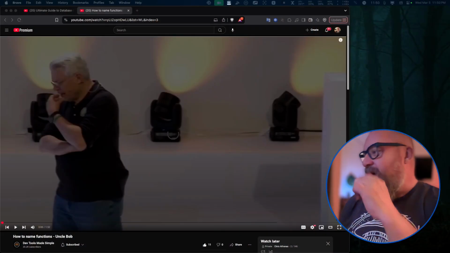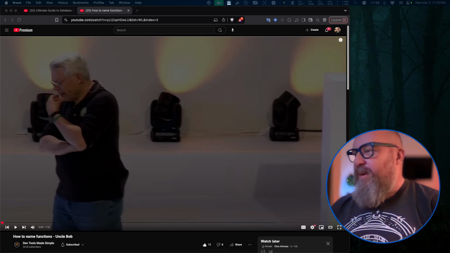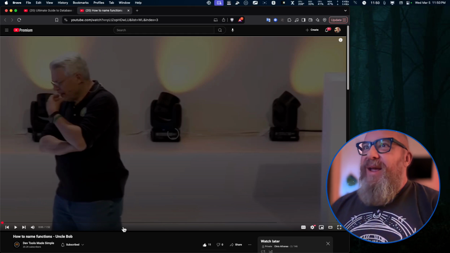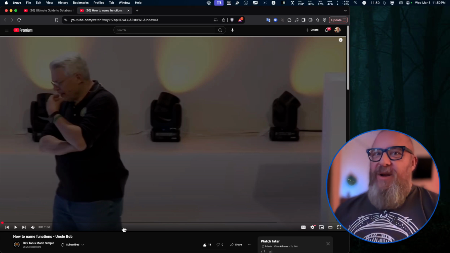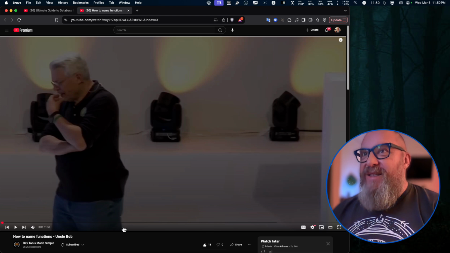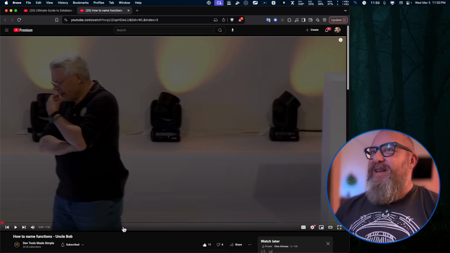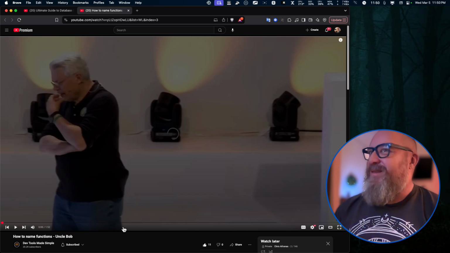Yeah. How to name functions, Uncle Bob. Let's see what he has to say. I like to beat him up. Let's go over to DevTools Made Simple. I like to beat up Uncle Bob just because he knows what we're trying to figure out to do, but his suggestions are